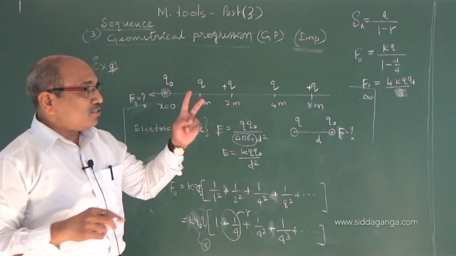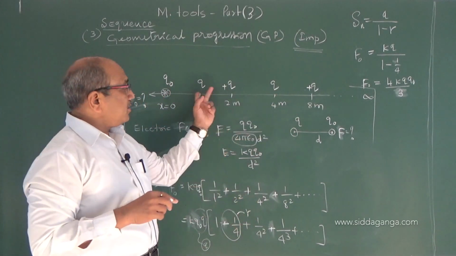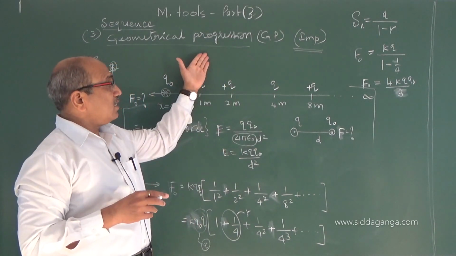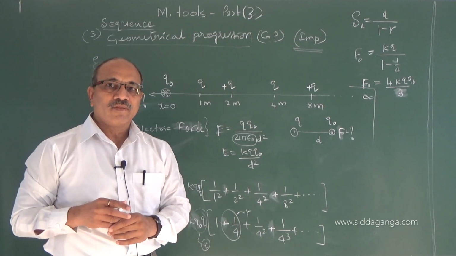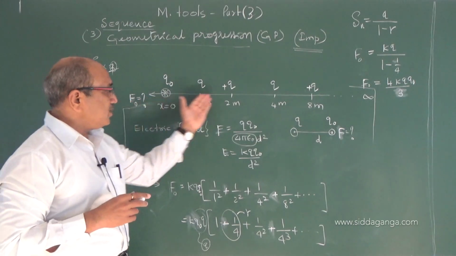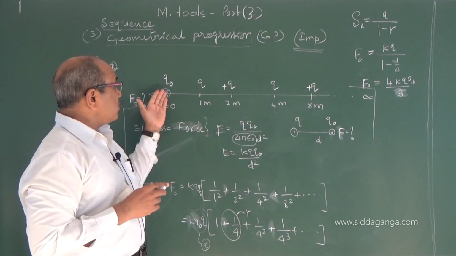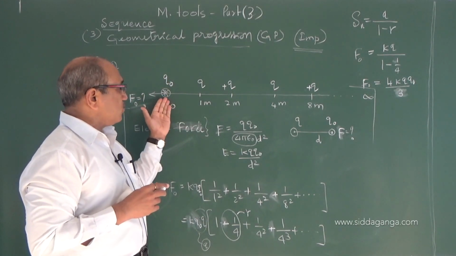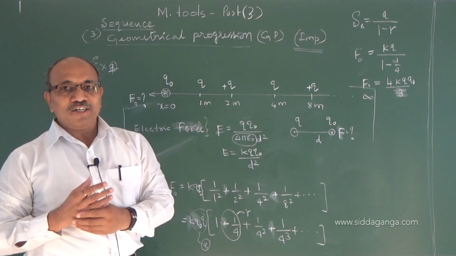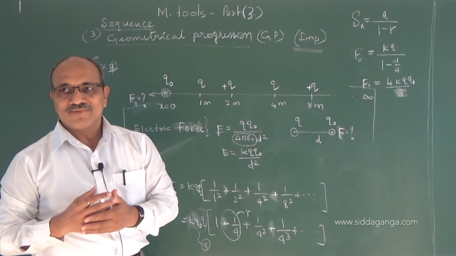I have given the two concepts, with similar charges or alternate charges, positive and negative. The same relation is used to get the answer. In case of electric field at a point due to these charges placed along the axis, and also the force on a test charge Q naught placed at the origin, we got the answer. Now you have also studied potential, I will tell you that, and with that I conclude.